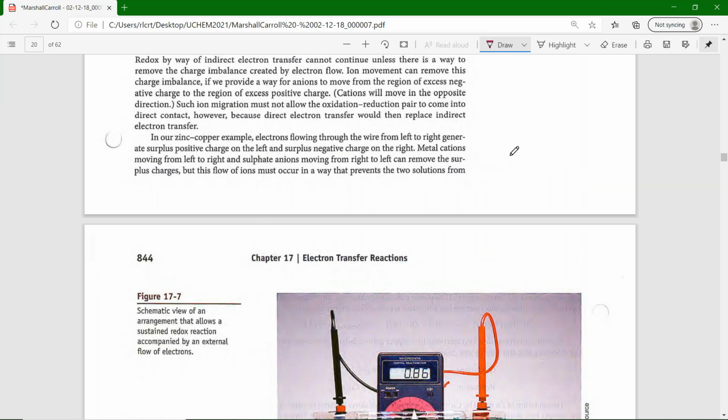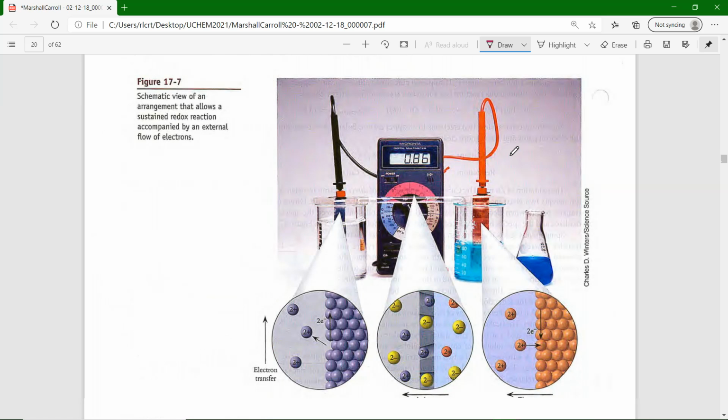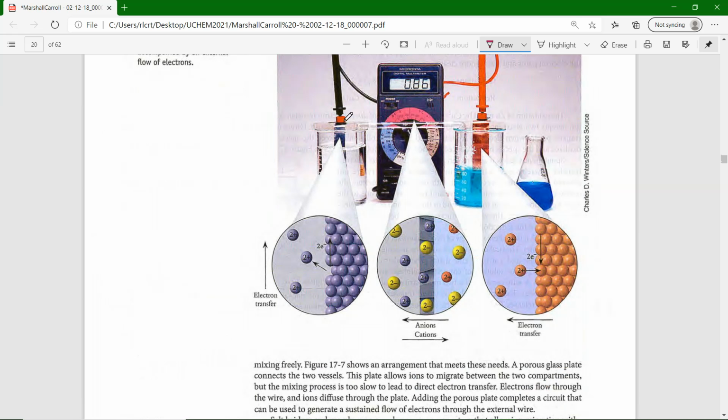Okay, here we see a picture of a typical galvanic cell. If you go on YouTube and type in galvanic cell animation, you can watch one on your own. If you want to see a curated set of videos about galvanic cells,